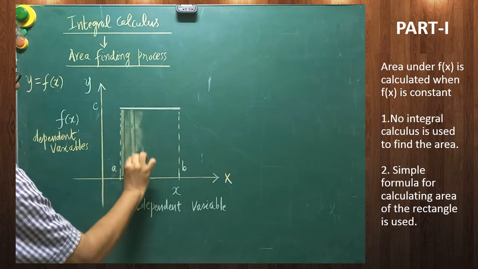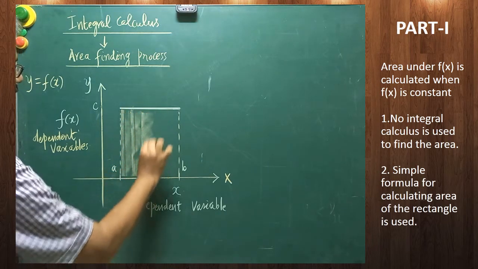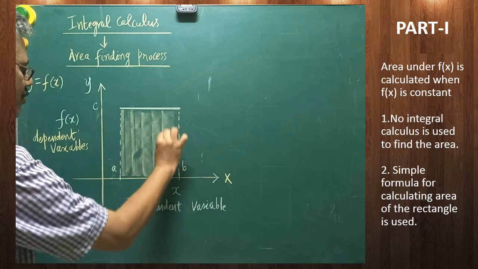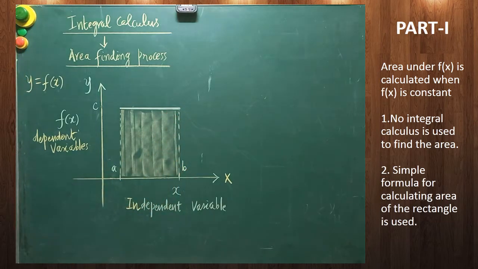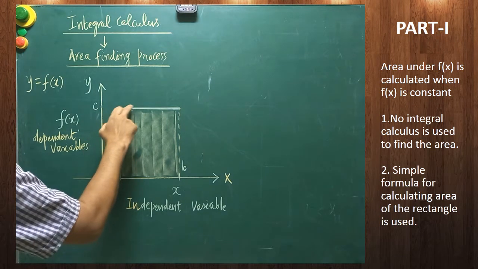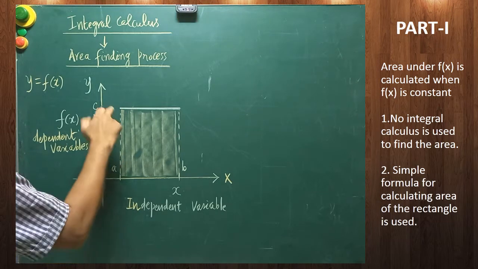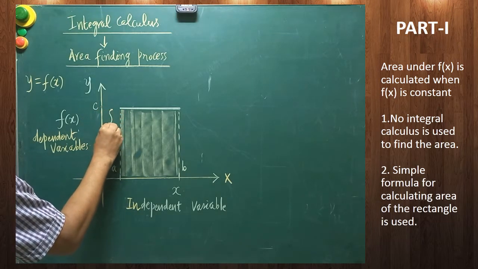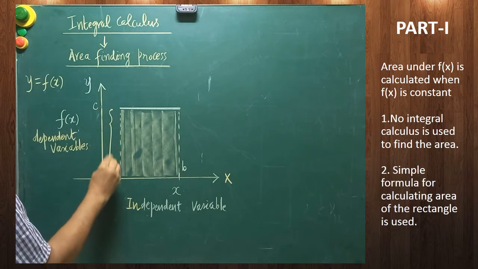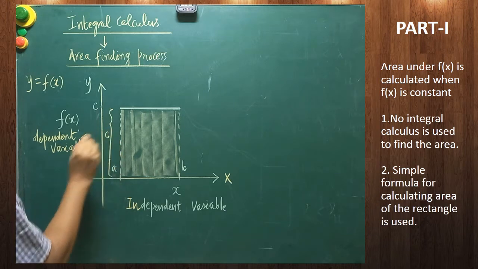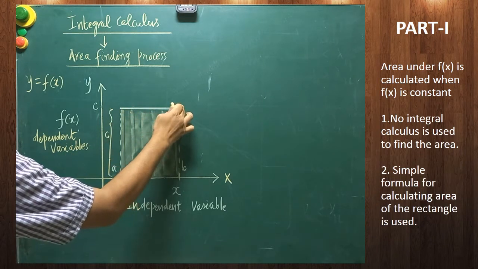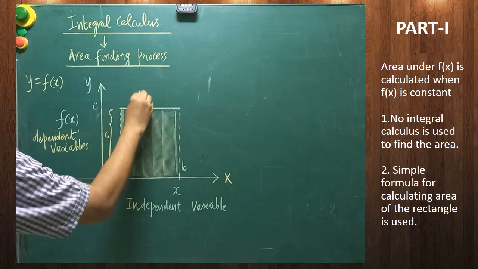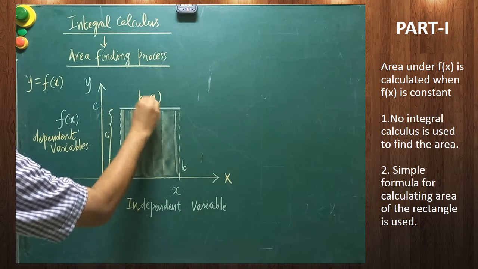Now I am going to calculate the area of this portion. After shading the region, we are able to easily calculate the area. So what is the height of this portion? This entire portion can be taken as the height and its value is c. What would be the breadth of this portion? This is b, this is a, no? Therefore, this can be taken as b minus a.